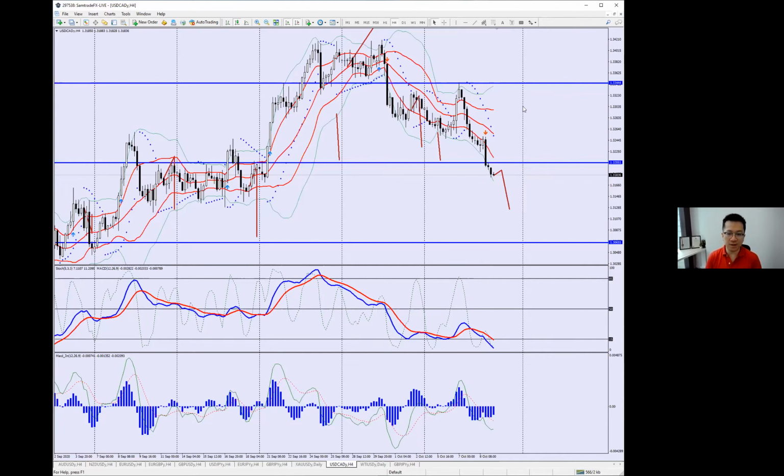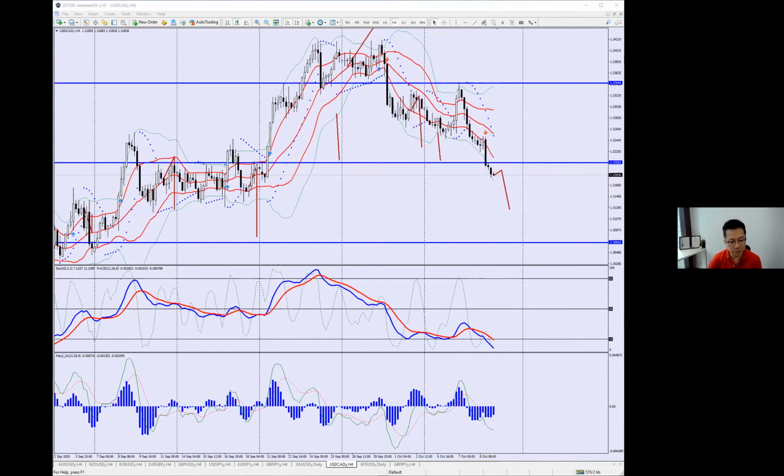And for it to go higher, we do need to see a surprise in the employment numbers from the Canadian side, which would lead to that weakness in the Canadian dollar. But at this point, I think, hit up there, turn down, look to sell, 40 stop, 40 to 100 take profit. That's the US CAD.